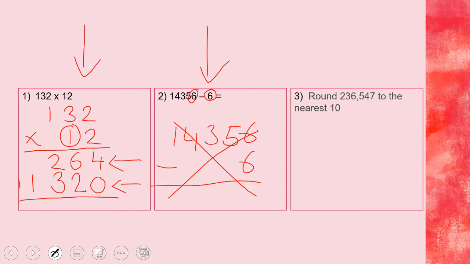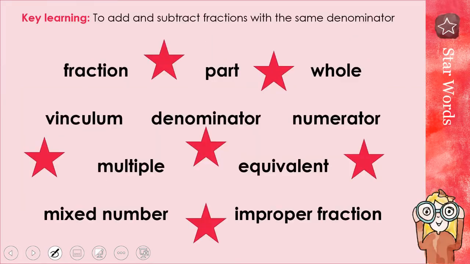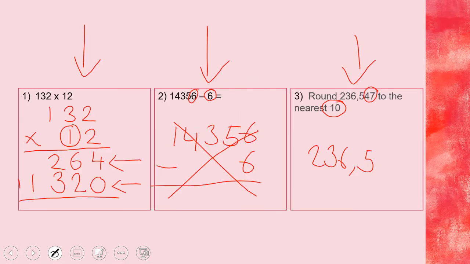The last one, sticking with rounding and just remembering that we are rounding to the nearest 10. So we are looking at the tens column and the column to the right. So the rest of the stuff is going to stay the same. And then that 47, what is 47 to the nearest 10? Am I going to round up or am I going to round down? Please pause the video now, go over to your arithmetic sheet, which is under the maths for this week, arithmetic,